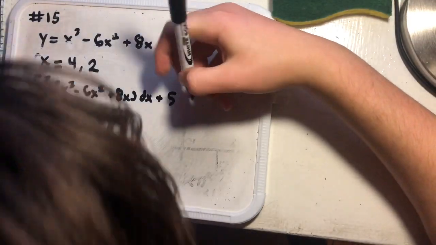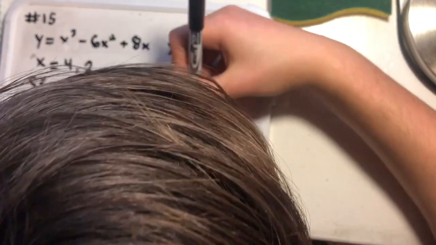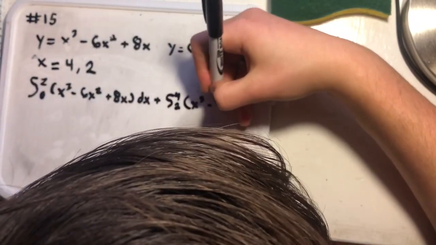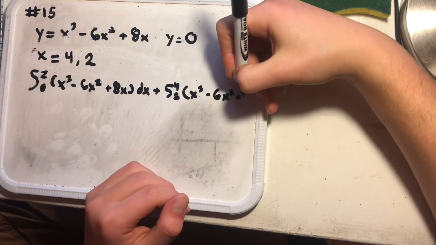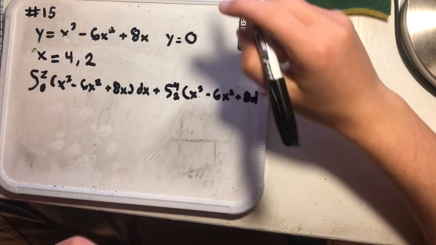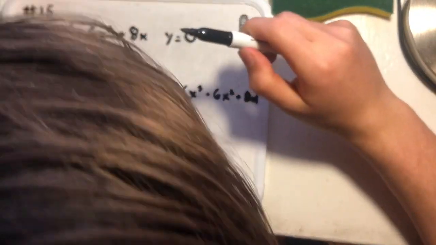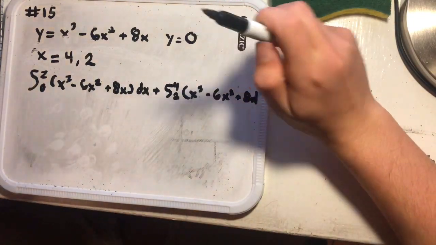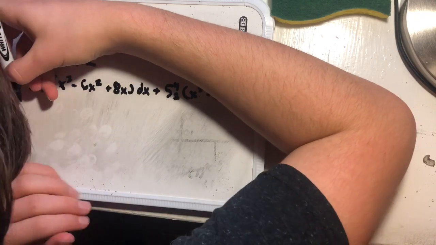That is going to be plus the integral from 2 to 4. As you see, another part of the same equation. Hopefully, I guess I can't fit it on here, but you get the gist, where the dx is also there. Okay, so now we're going to take the integral. We're going to take the antiderivative, and that's going to be